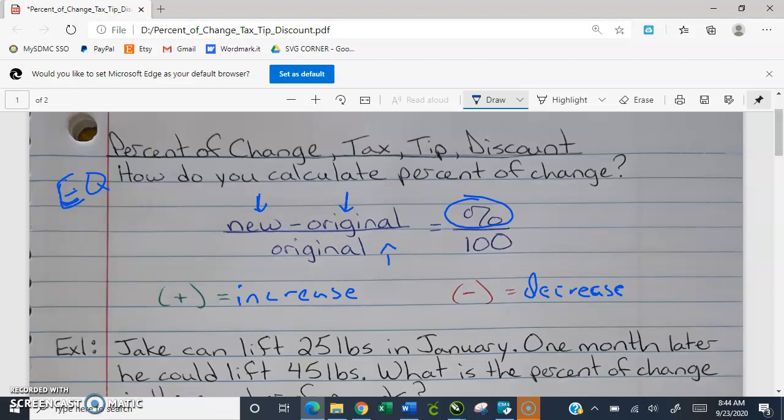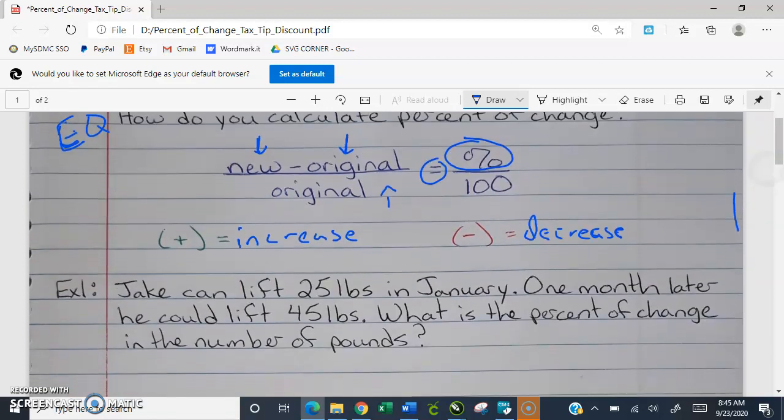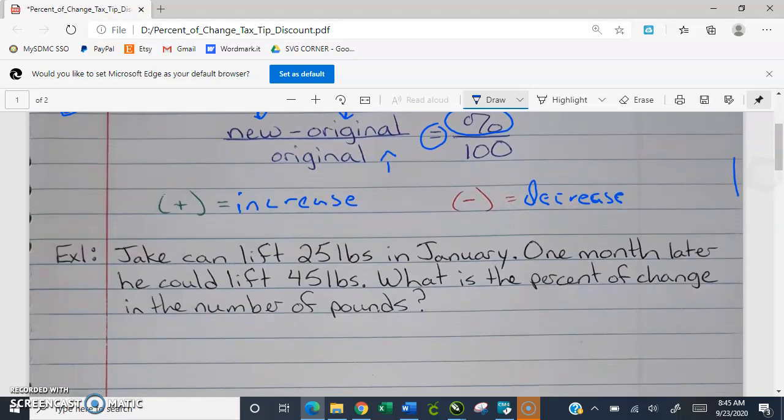So it's kind of like any other equation. They tell us what we need to find, and then we do the inverse operations to find it. We know it's an equation because it has an equal sign. Okay, so remember the difference between equations and expressions. Expressions don't have an equal sign. Equations do have an equal sign. So let me keep this up a little bit so I can see my